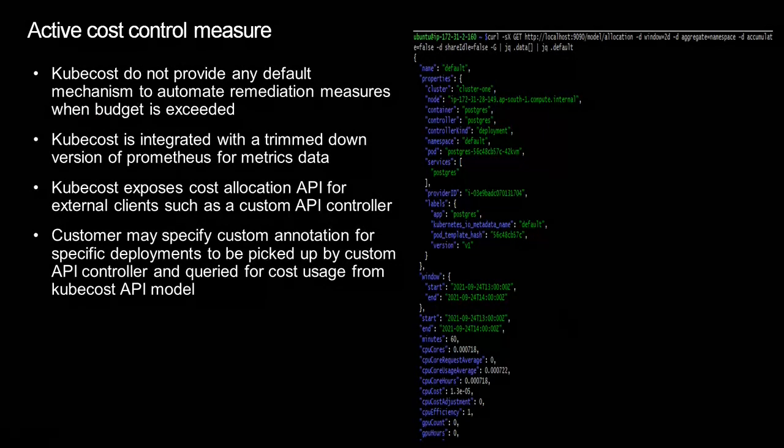For that purpose, what you can do is create your own Kubernetes API controller that will augment the default API controller. You can write this controller using Golang, and there's a syntax already available in the GitHub project. From this controller, you can periodically check the workloads which are deployed and the maximum amount of budget that has been specified. Whenever the budget is exceeded, you can use the custom controller to either terminate the deployment or reduce the number of replicas. That will be based on the business scenario. So this is something like an active cost control measure, which is currently not available.